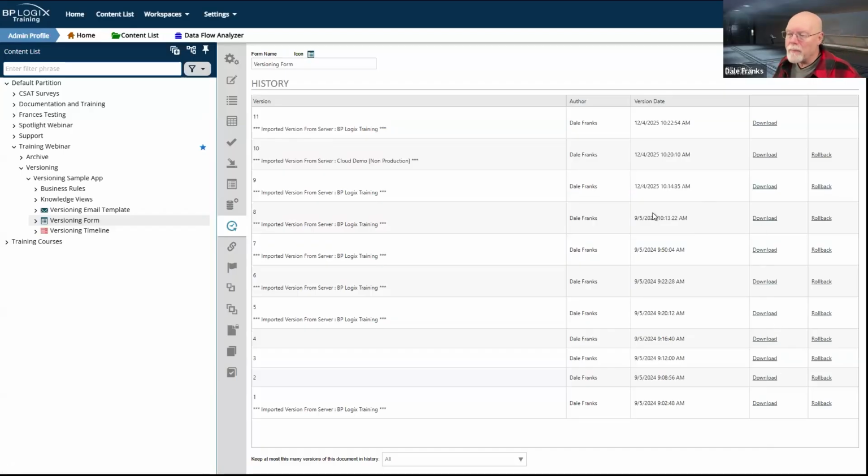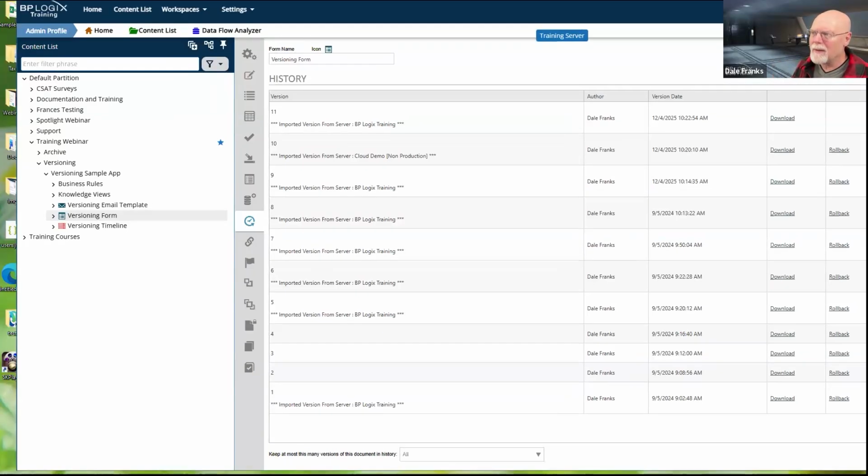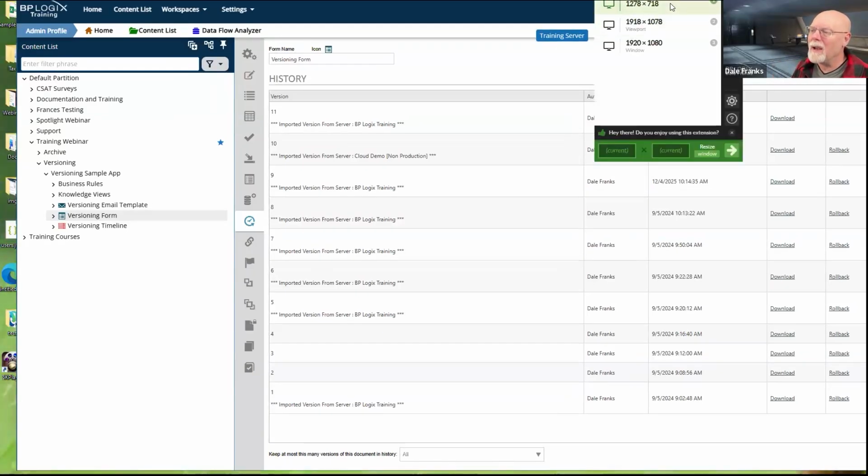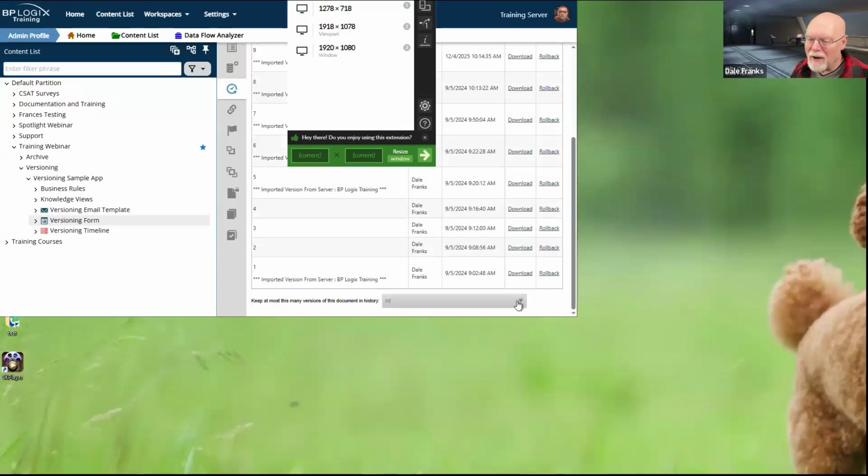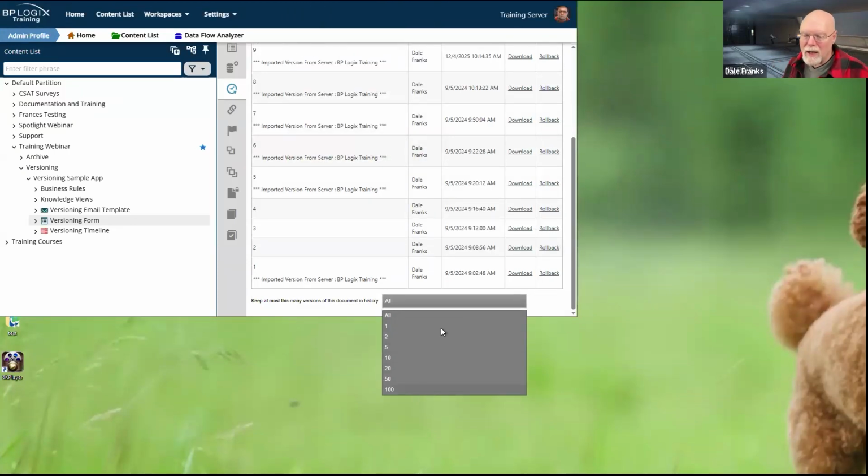Now, by default, Process Director wants to keep as much of this history as it can at the object level. However, you can, and it's hard to see here because it goes off at the bottom of the screen, so let me resize my form here. Let me go down here and we'll hit that all. And as you can see, I can either show everything or I can choose a hard limit for how far back I should keep the object change history.